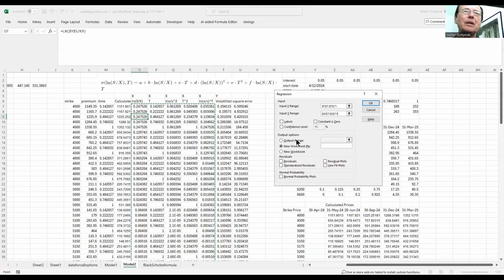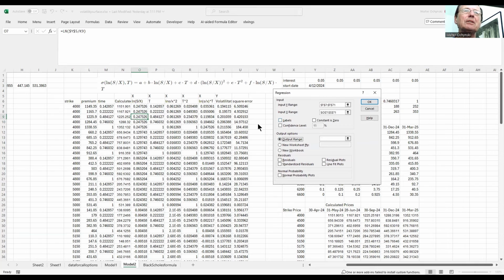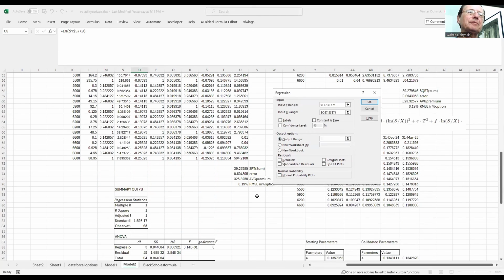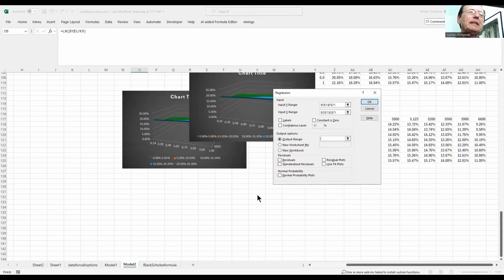Okay, I have to find the output range, which is empty. So I have to go there. Now this is not correct. I need empty space here, so I go down